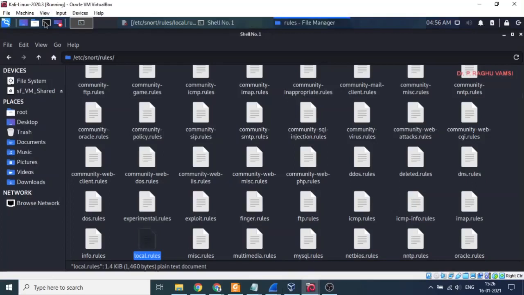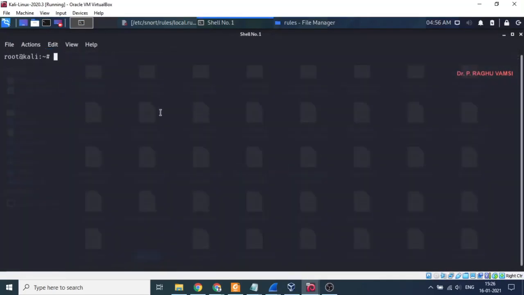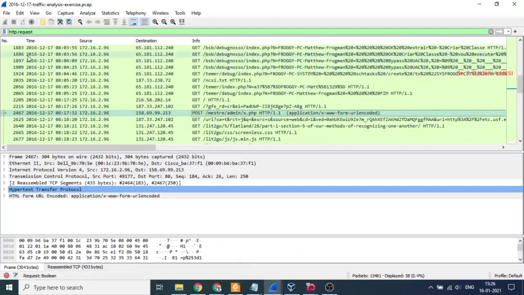We know that both the network interfaces are active at present. So ifconfig. It is in the 192 series, but we need to test with the 172. We need to set it with the 172.